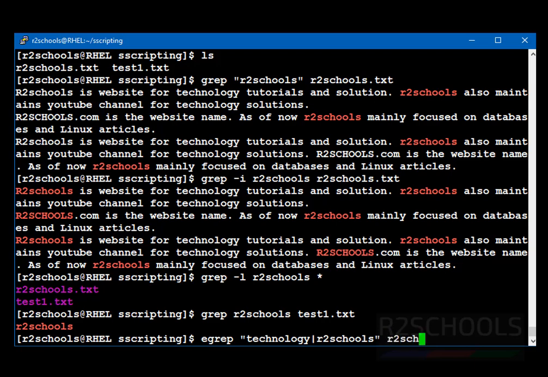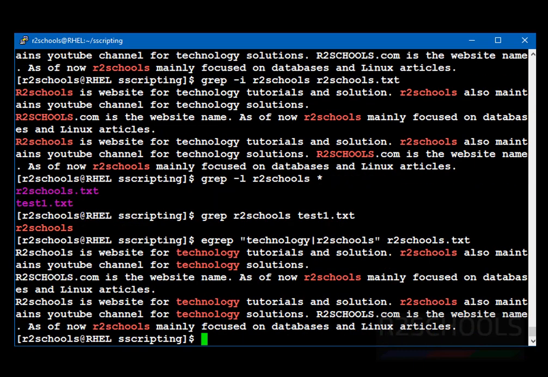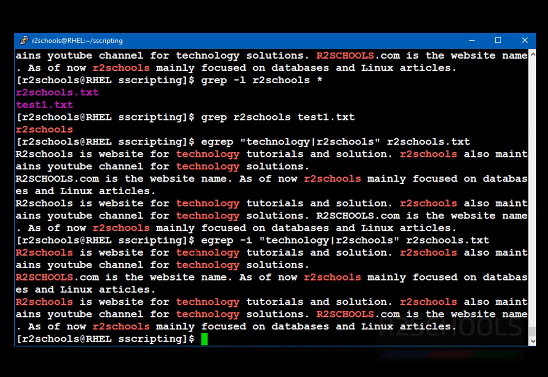Here file name is r2schools.txt. See, that file contains the highlighted red color words. In the same way, if you want to ignore the case, then just use -i. I means ignore case. See, we got more words. Clear the screen by pressing Ctrl L from your keyboard.